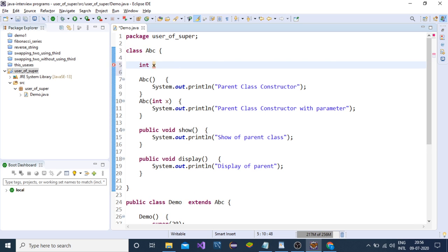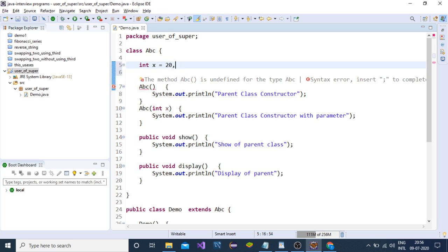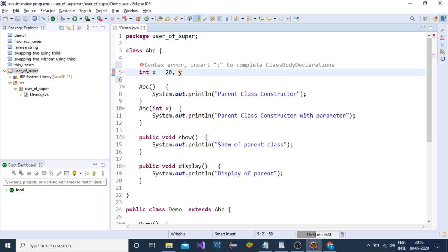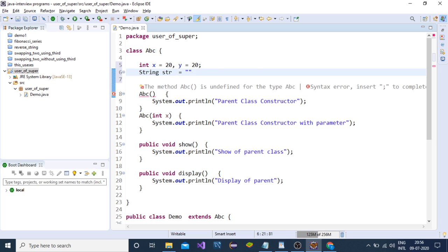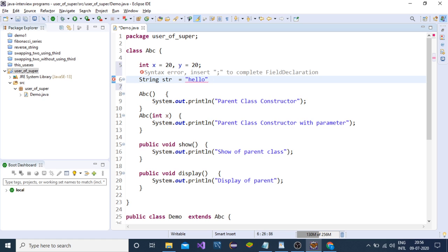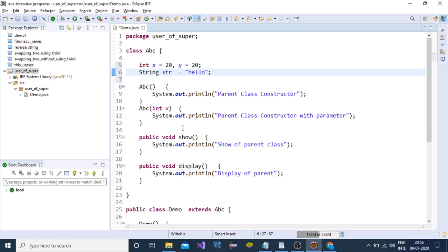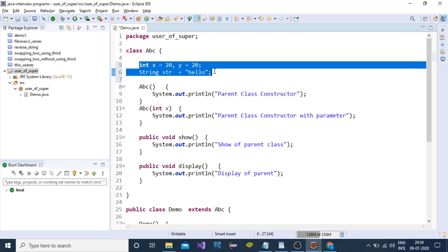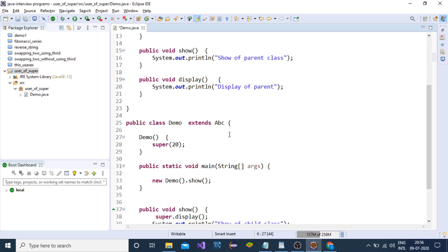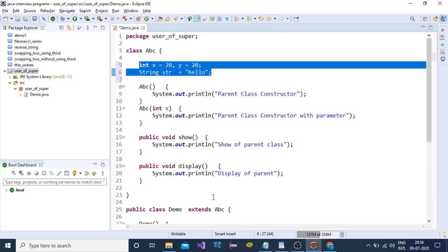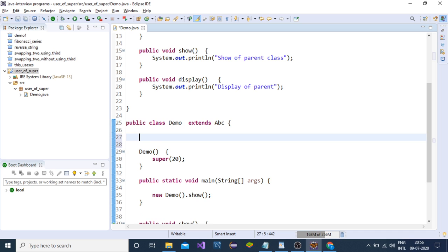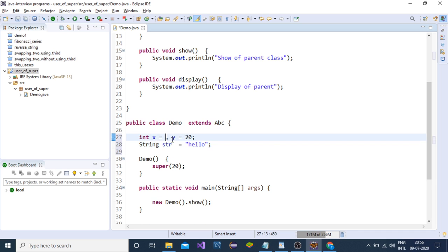Suppose int x equals 20, y equals 30, and a string str equals hello. Inside the child class we can have different values here, any value, 200, 400.